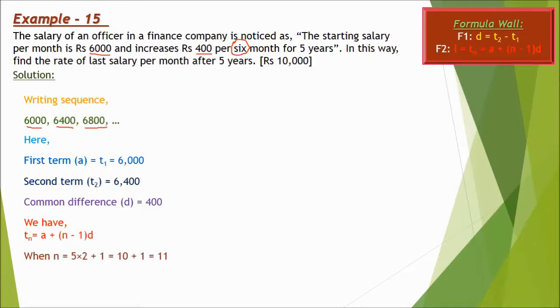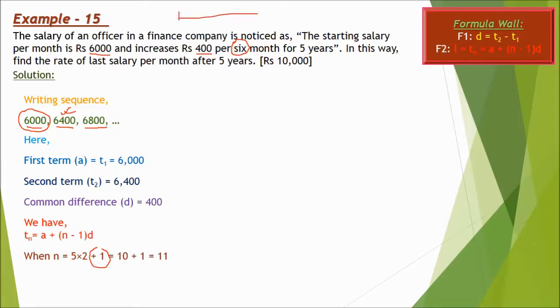Why is this done? You have to understand this. If we take 6,400 as the initial salary, then we don't have to add this, but we are taking 6,000 as A, so we have to add 1, because in a year,